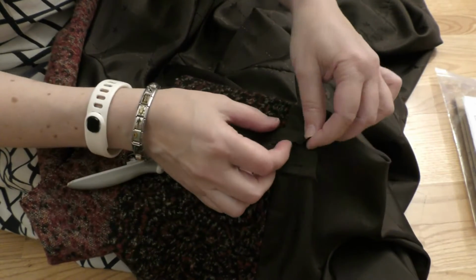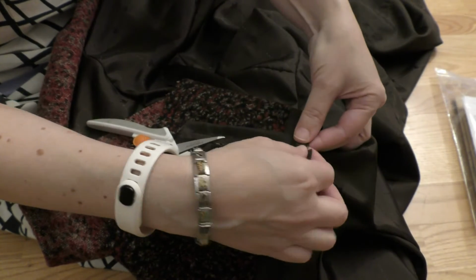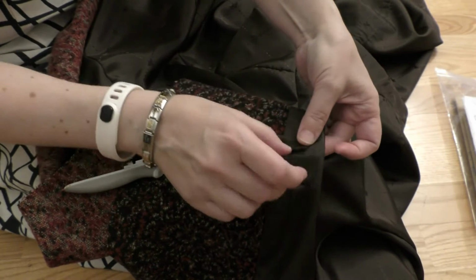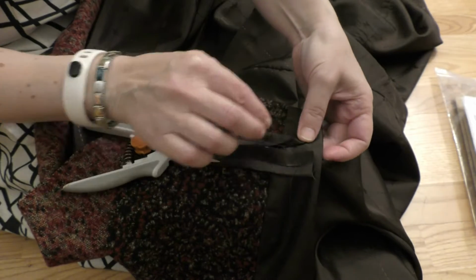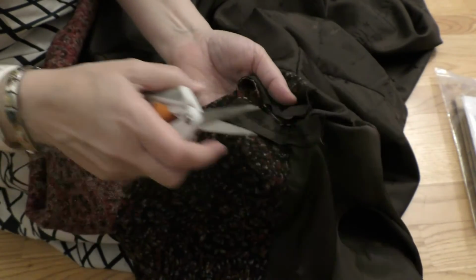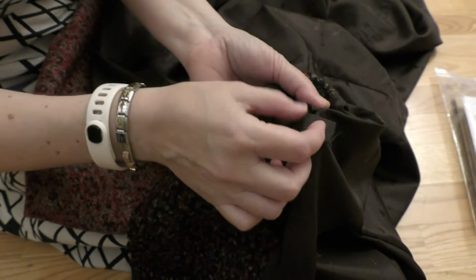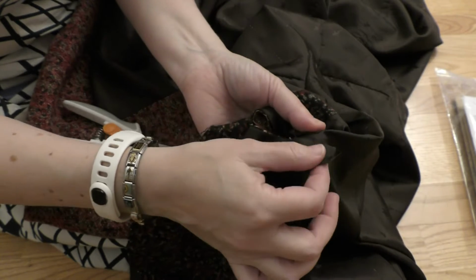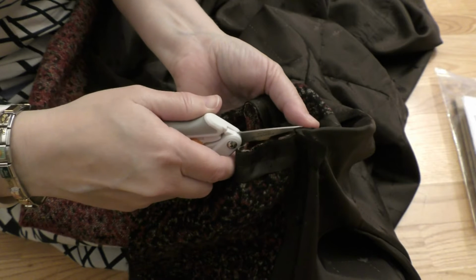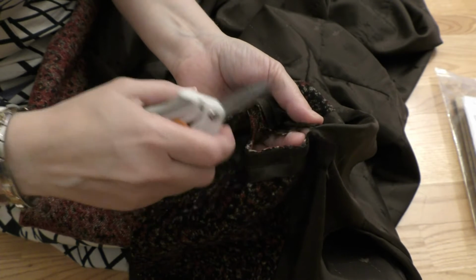So the easiest way to do this is to turn this fabric. First turn this way and then this way, and now you can see where the stitches end. But of course now there's the thing that I need to put my fingers under here to avoid cutting anything else. So just fold this and then cut from here close to the end,